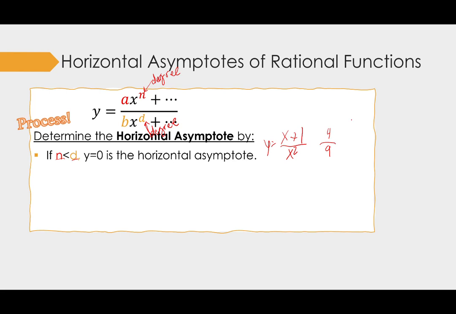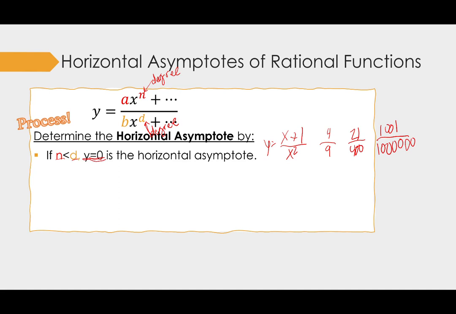But let's then go to, let's say, x equals 20. I'd have 21 over 400. Smaller number. Then as x gets bigger again, let's say I have 1,000. I'd have 1,001 over 1,000,000. Each time it's getting really, really small, closer and closer to 0, because the denominator number is getting bigger faster than the top number. And that's why whenever the degree is smaller on the top, it will always be y equals 0, because it's just getting really, really close